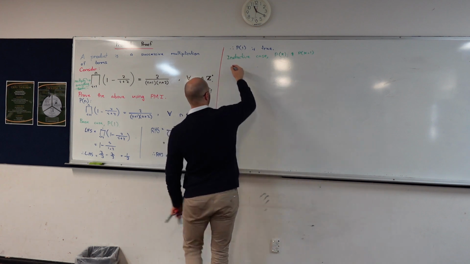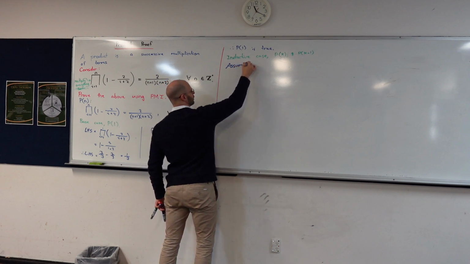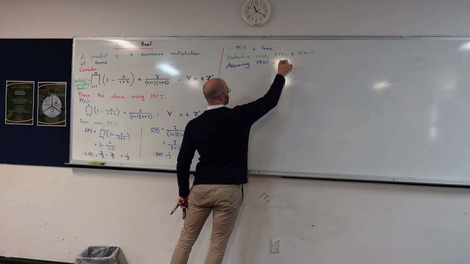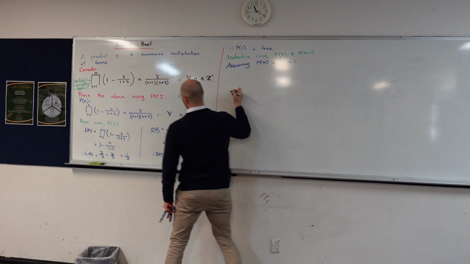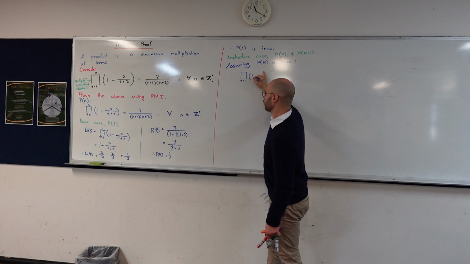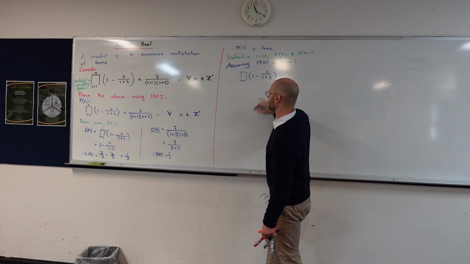Okay, because we make the assumption that P of k is true. So P of k in this instance is going to be the product of i equals 1, 1 take i plus 2 all over 2 equals